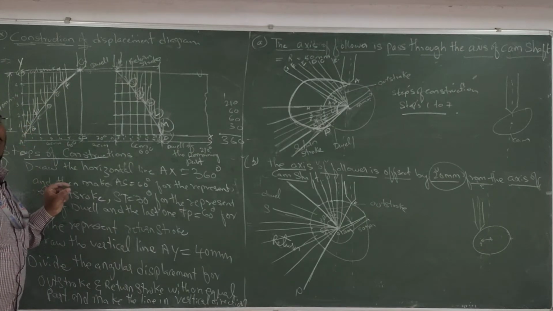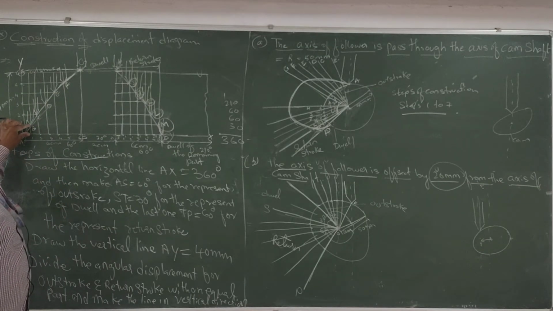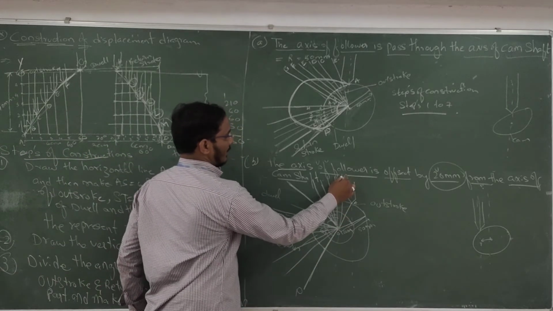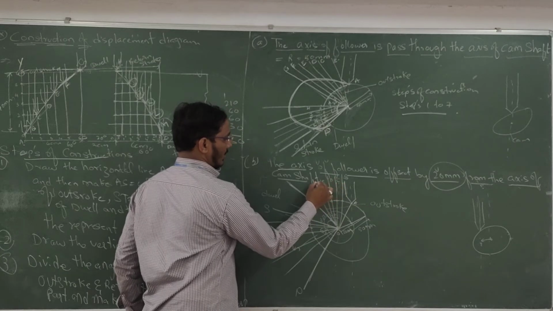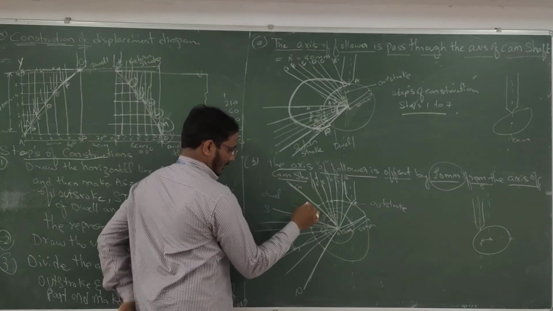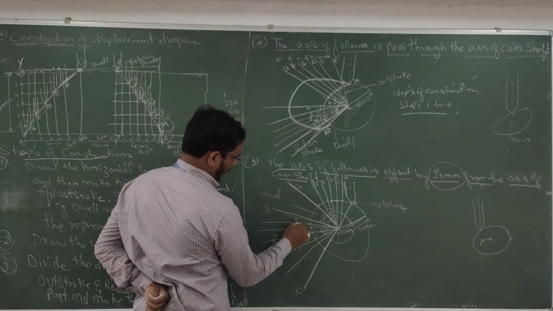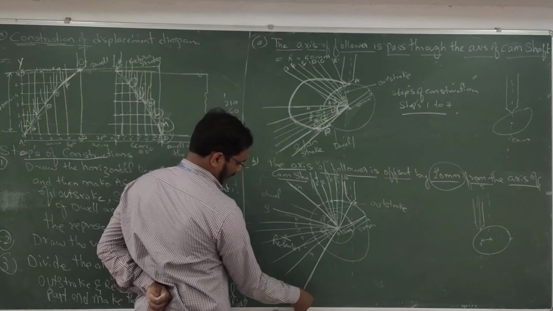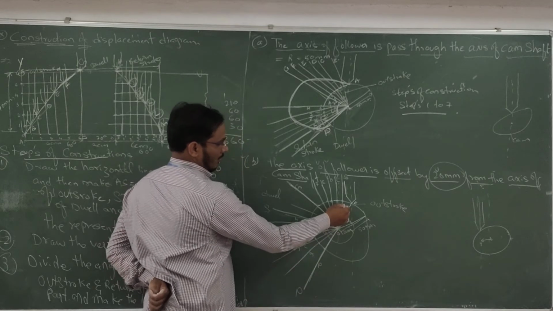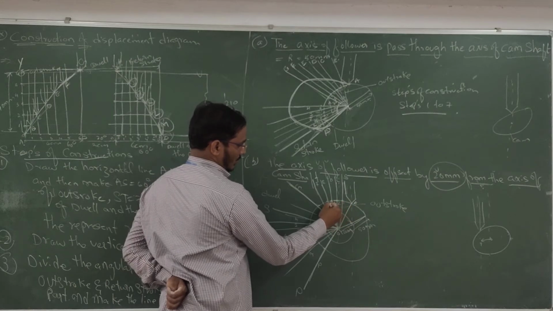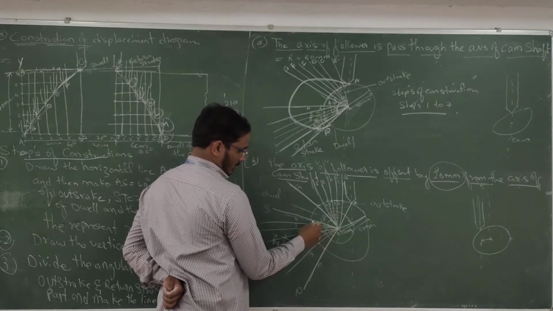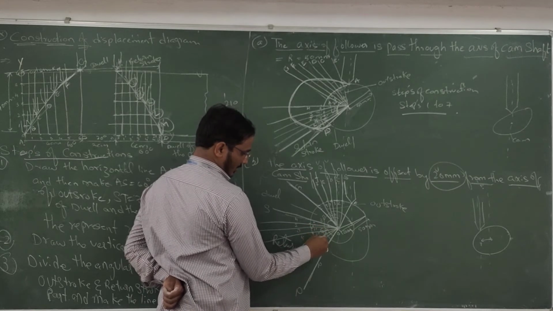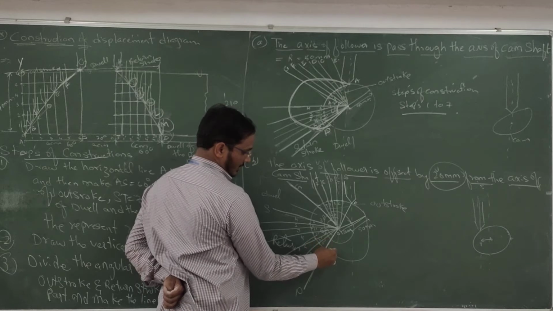Take the reading with the help of compass. Here 1 to B, how much? Just make the alphabets first. B, C, D, E, F, G, H, I, J, K, L, M, P. Already P is there. Okay. 1, 2, 3, 4, 5, 6. Okay. 0, 1 dash, 2 dash, 3 dash, 4 dash, 5 dash, 6 dash.